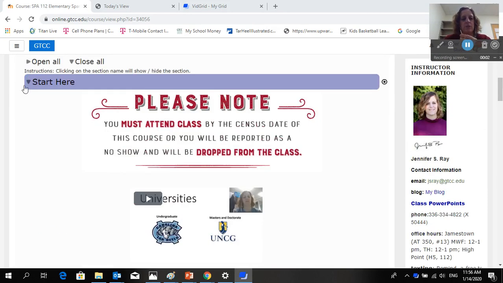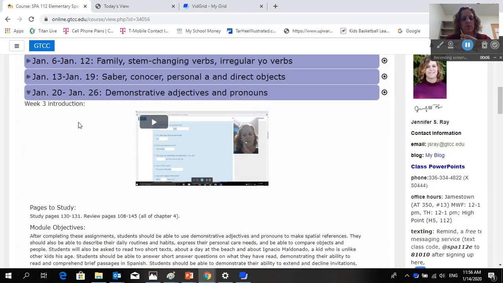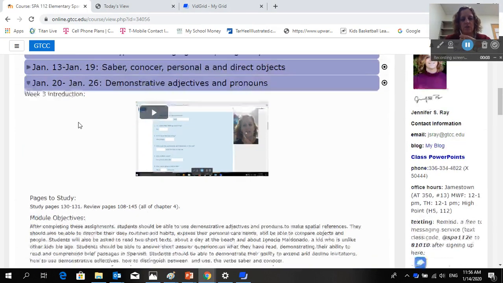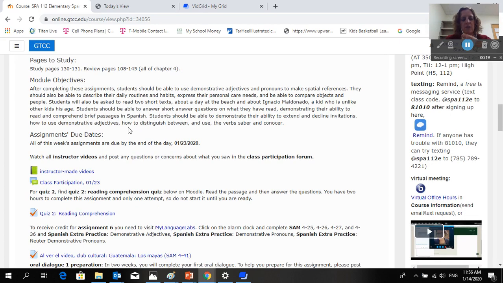Okay, I'm going to go ahead and introduce to you week 3, which is January the 20th through the 26th. We're looking at demonstrative adjectives and pronouns. You're going to want to study pages 130 to 131 in your text and review pages 108 to 104, all of chapter 4. After completing this week's assignments, you should be able to use demonstrative adjectives and pronouns to make